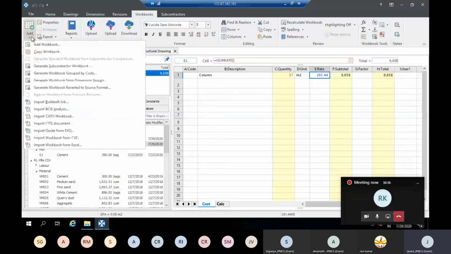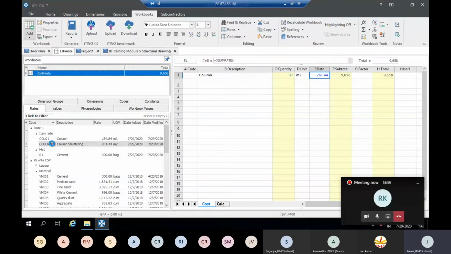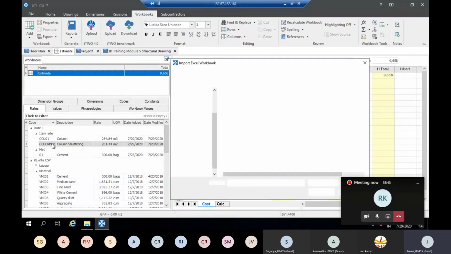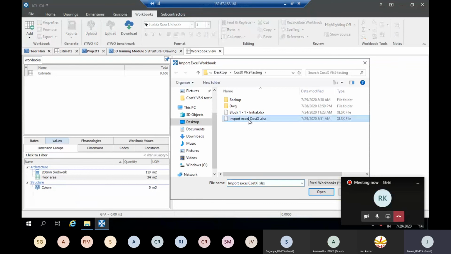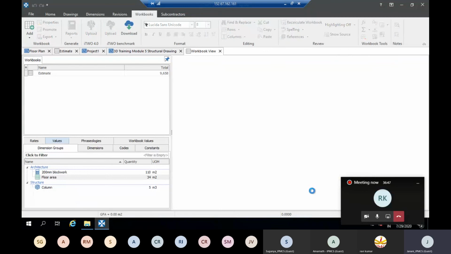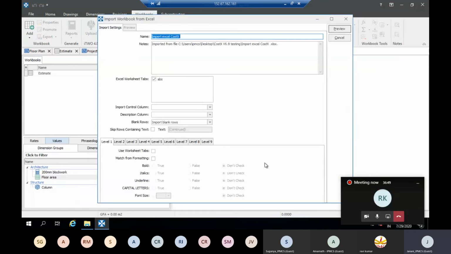So I'm going to import workbook from Excel. I'll select the Excel. Here we can add multiple sheets also.